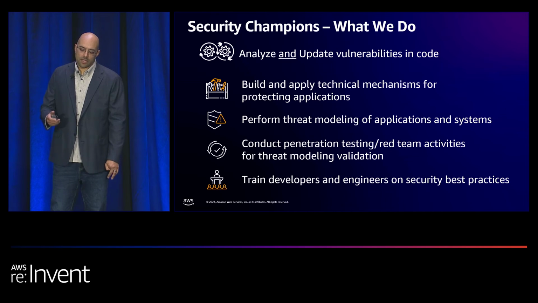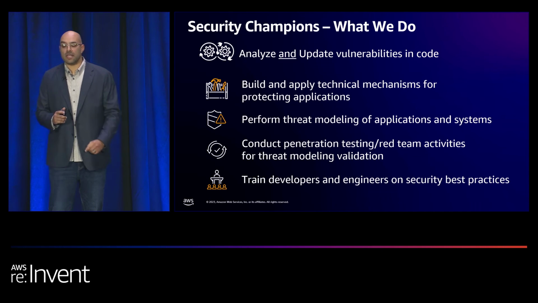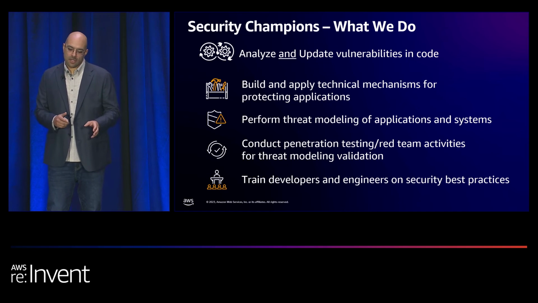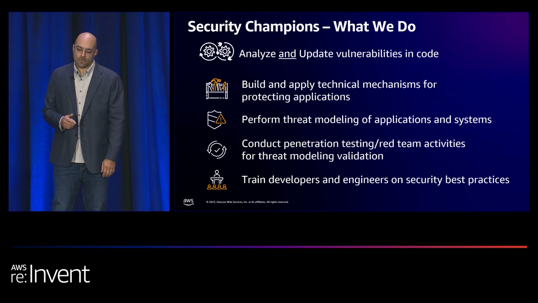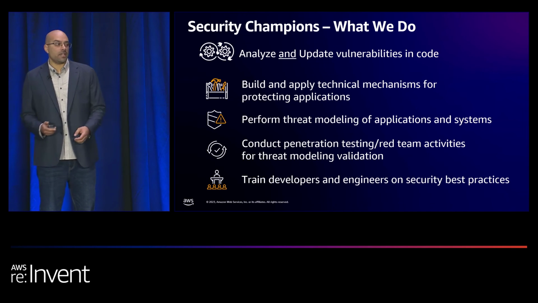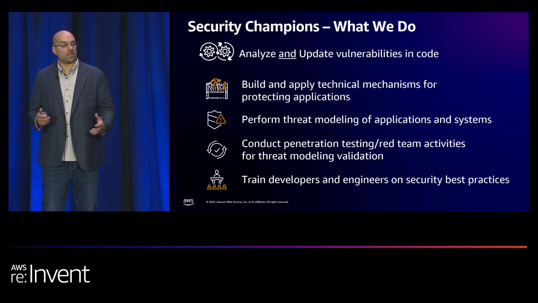We also build and apply technical mechanisms for protecting their applications and systems. We look for opportunities to make security easier in an environment so the teams can concentrate on the challenges they have already. Any opportunity to update security through automation or through preventative or responsive controls are in scope for our engagements. We perform threat modeling of our applications and systems